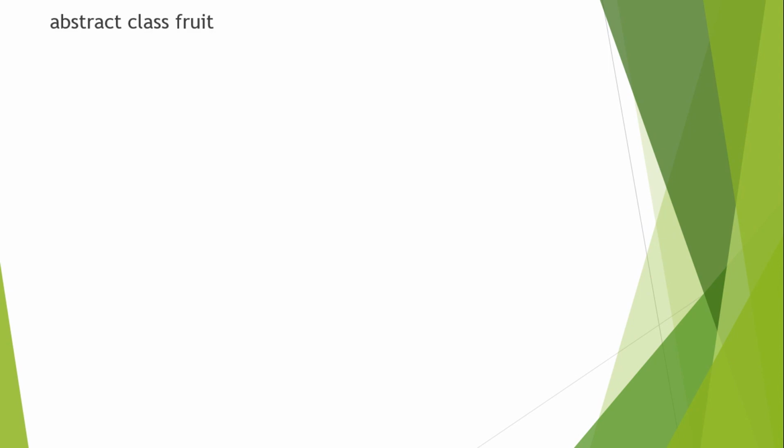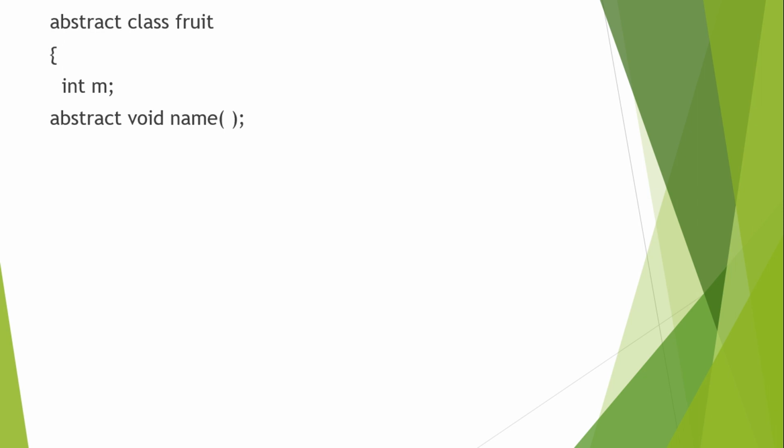Let us see a sample program that I'm going to show you. Here I have created a class Fruit, which is an abstract class. Why? Because I already told you, whenever you want to have an abstract method inside the class, the class has to be abstract. Here the class is declared with the abstract keyword, and the class name is Fruit. Second is a data member declared inside the class, which is int m, and then abstract void name. The method name is name, the return type is void, and since the method is an abstract method, it is declared with the keyword abstract.